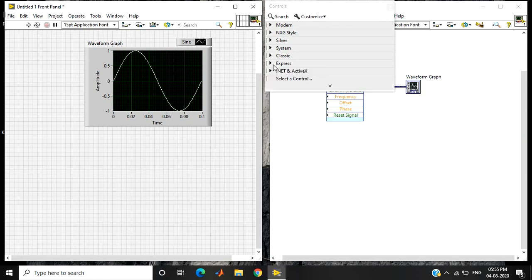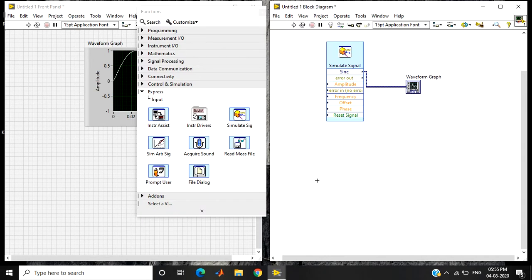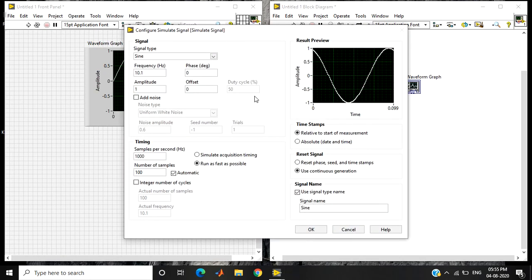There are a few other options. You need not go to the block diagram window each time and change the properties like amplitude and frequency. When you double click on this block, you get your property screen, and you need not go each time and change all these properties in this block.